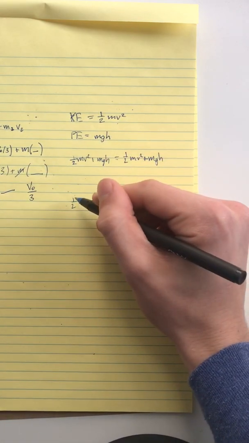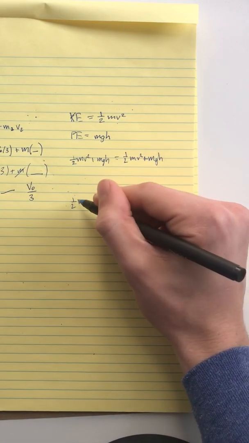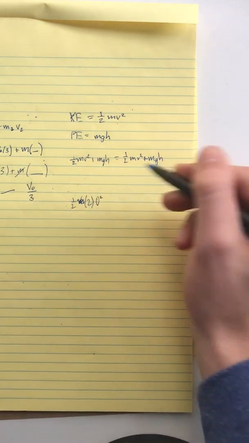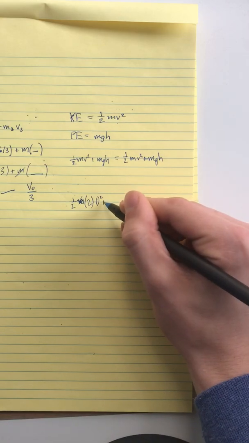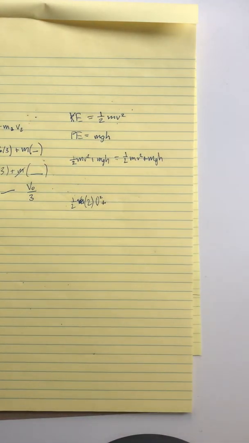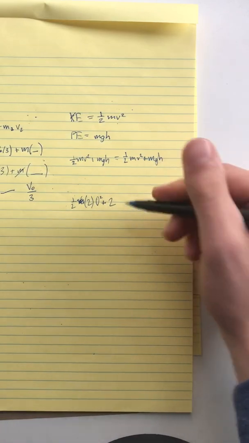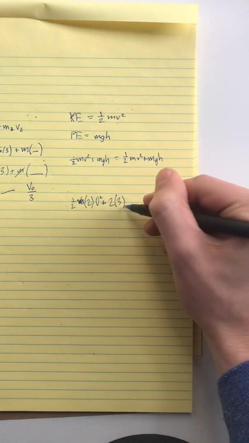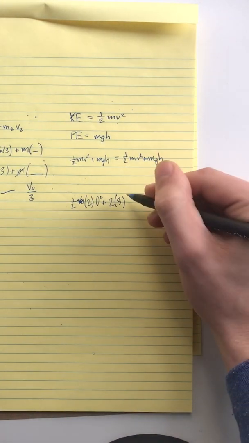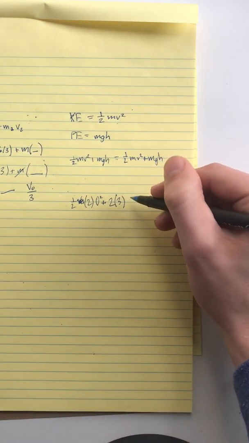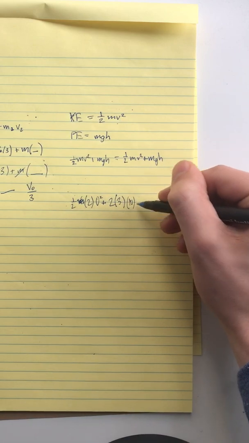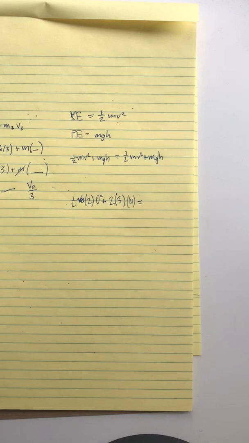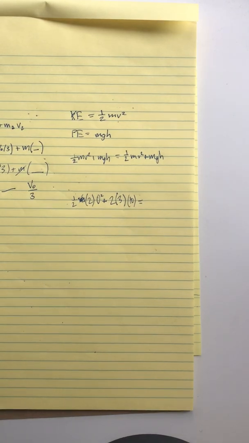Here they give us the mass, which is 2: 1/2 times 2 times 0 squared, so that will eventually cancel out, plus mgh: 2 kilograms, height 3, and then g is 9.81, but we approximate as 10. And because we use our conservation of energy equation, that equals